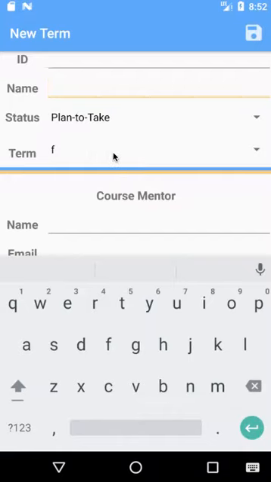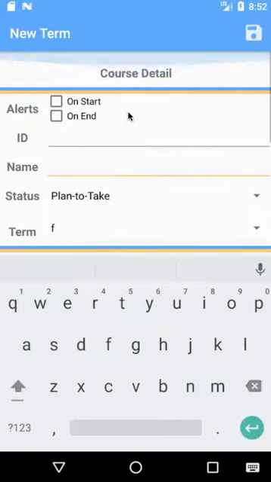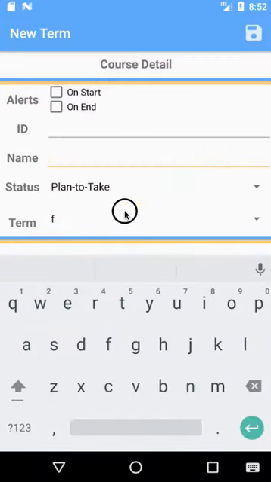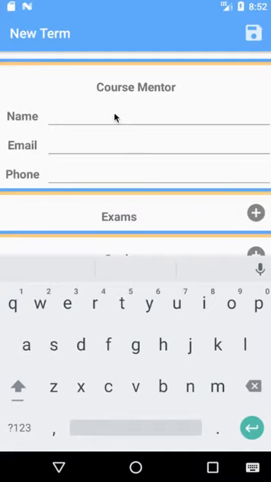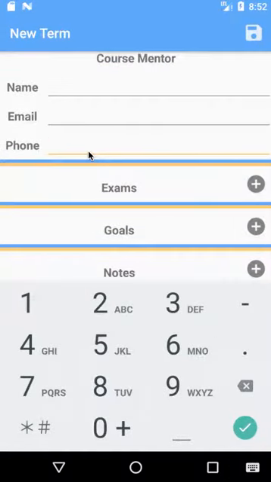that is no longer a valid period of time. And then we have where you can put your course mentor, instructor, whatever you would like to call it, in here, and put their contact information. You could also, because this is a school project and it's not something that I'm designing to really go on the App Store, there's a lot of other features I would do. For instance, put a phone icon here that would immediately call